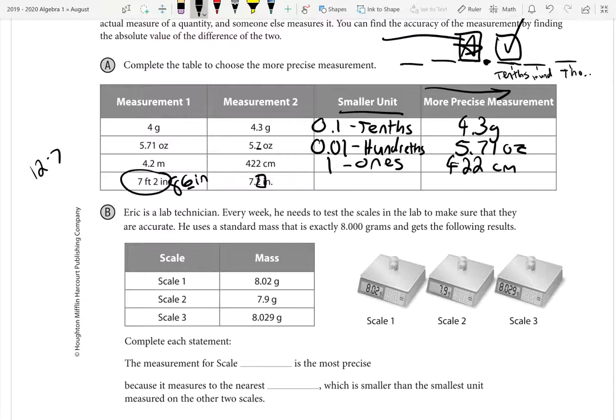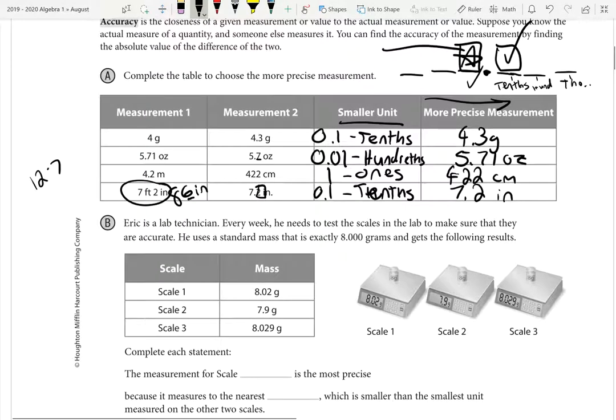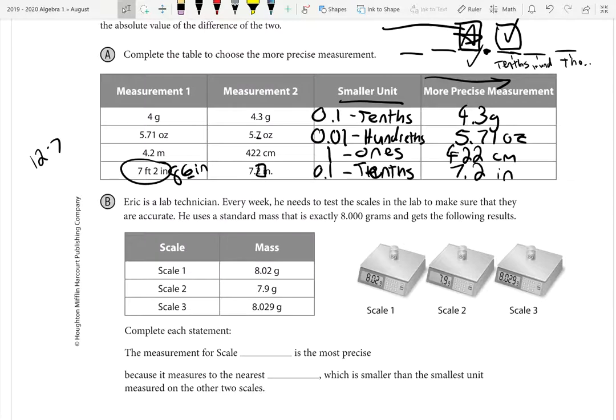So it's very much similar to the first one, where this one's gone to the tenths unit. And that is therefore more precise than the one that only went to the ones place. So it sounds confusing when I say it. I don't think I'm doing too good a job overall trying to explain this, but